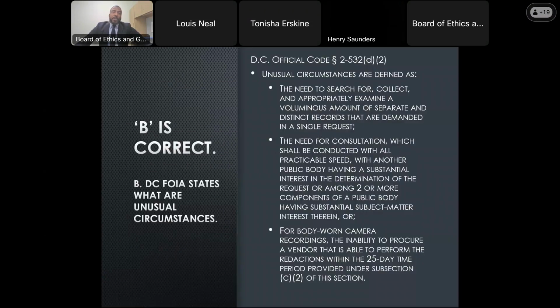And the answer to this is, of course, B. DC FOIA states what are unusual circumstances. And this is in DC Official Code, Section 2-532(d)(2).